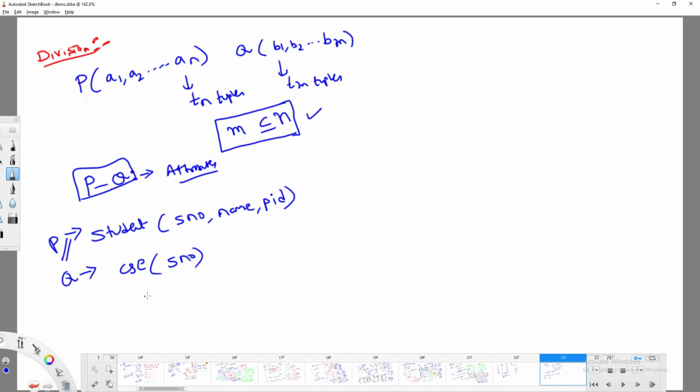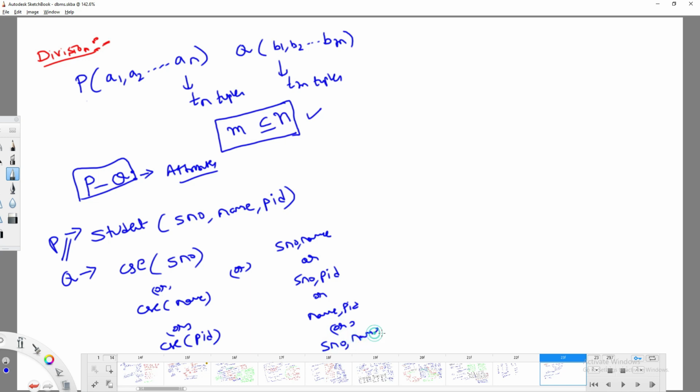Or any other combination: serial number comma name, or serial number comma PID, or name comma PID, or serial number comma name comma PID. So these are the only possibilities if we would like to perform the division operation.